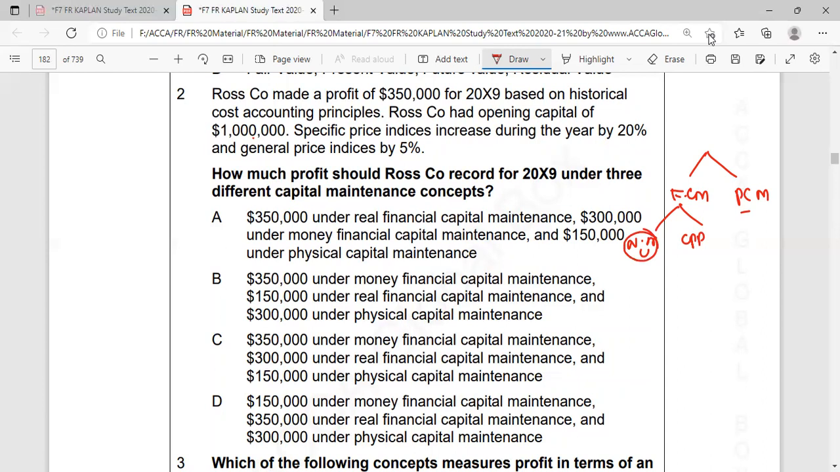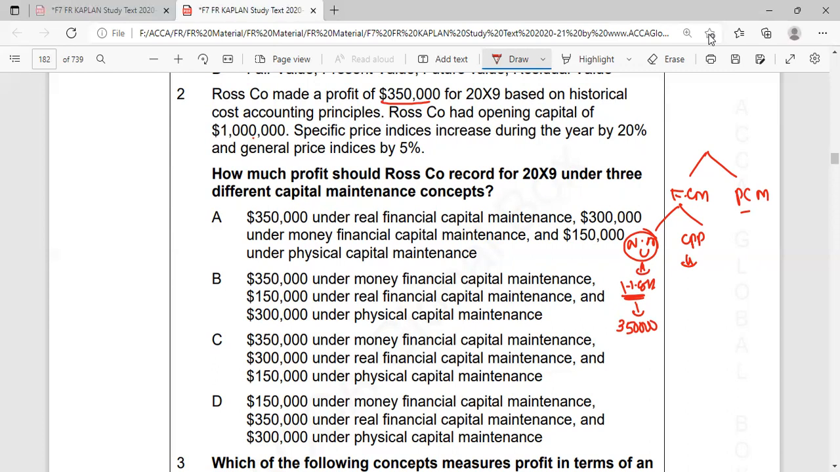Okay. So coming to the nominal money value, we consider the historical cost accounting principle. What is the profit as per the historical cost approach here? 3,50,000. So as per the historical cost approach, the profit we consider is 3,50,000. Then coming to the constant purchasing power,